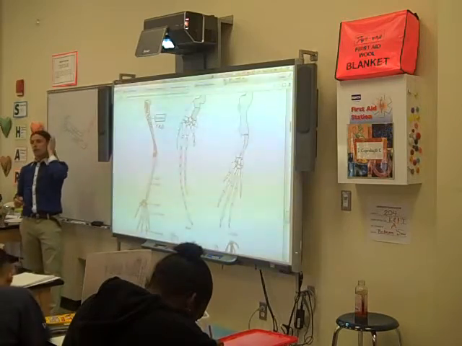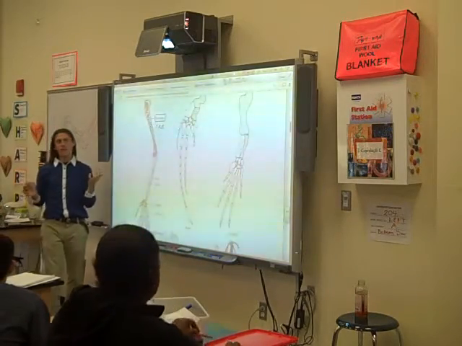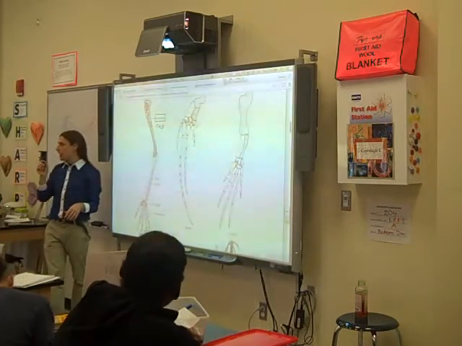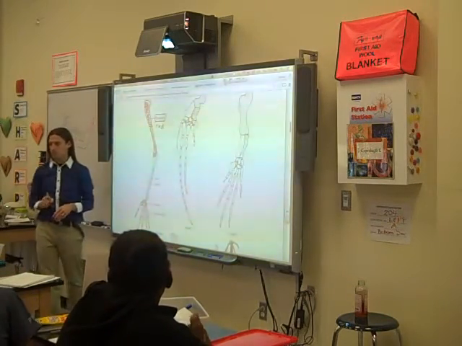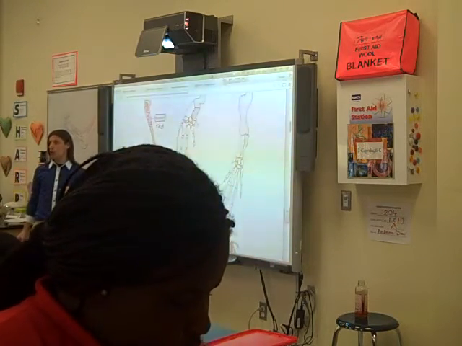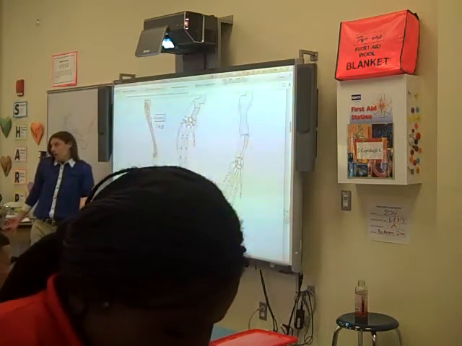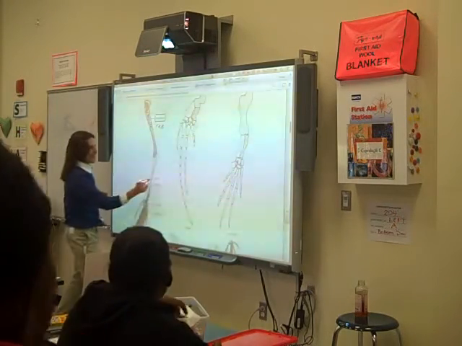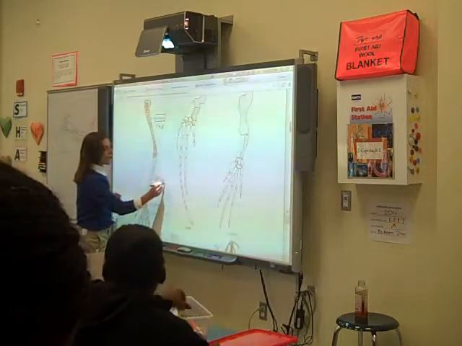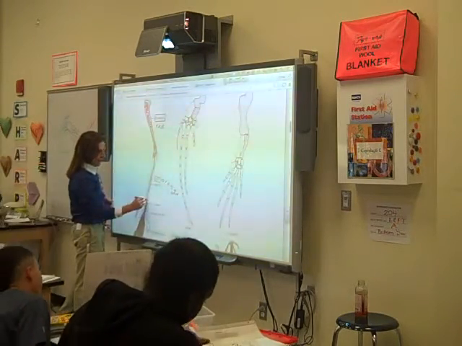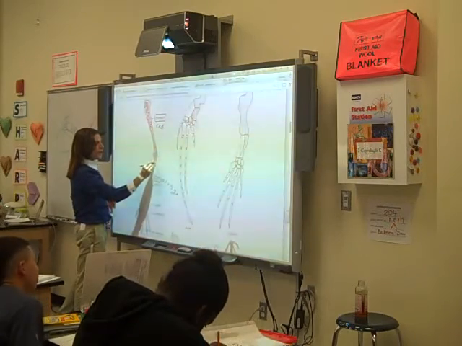All right, and of course, the red doesn't have to be so saturated there's no white left, right? As long as you've got an outline and some shading, you're fine. All right, and then I'm using our traditional Roy G. Biv convention we've been using. What will be the next color we use, Roy G. Biv? Orange. Let's do our ulna in orange. Ulna. So we're going to do our ulna in orange.